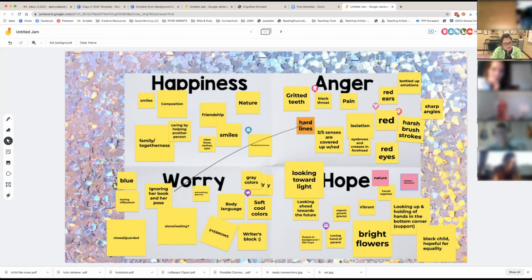Let's see, what else did you notice? Did you have anything else to say? Kind of cut you off. I didn't mean to cut you off. Oh, no, you're totally fine. I think something else going on with those emotions and just body language. Both of these characters were alone. And so you can see they're alone. We've got that in both of those. Yep.